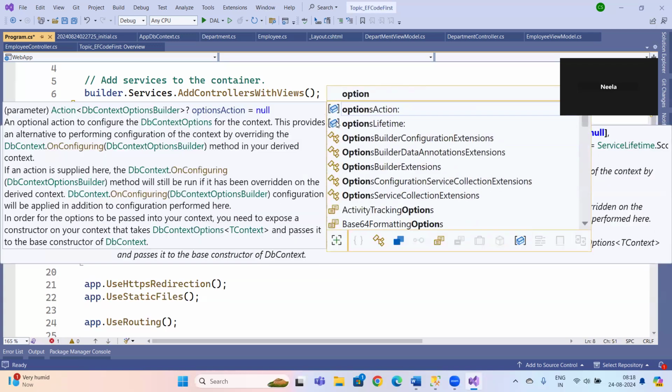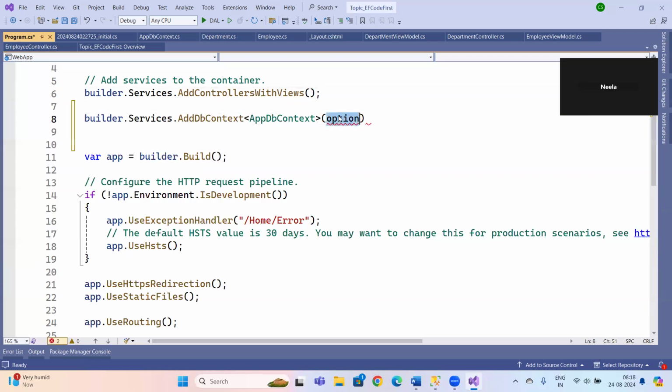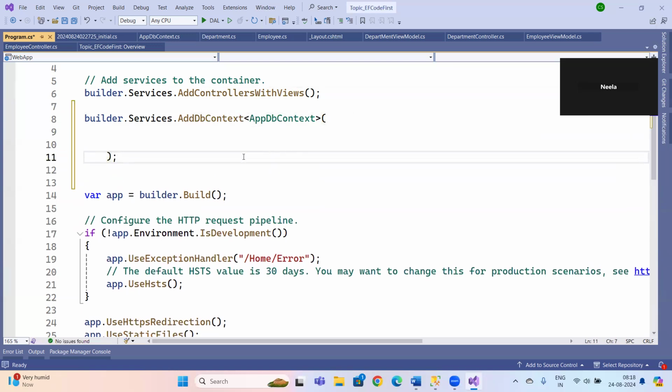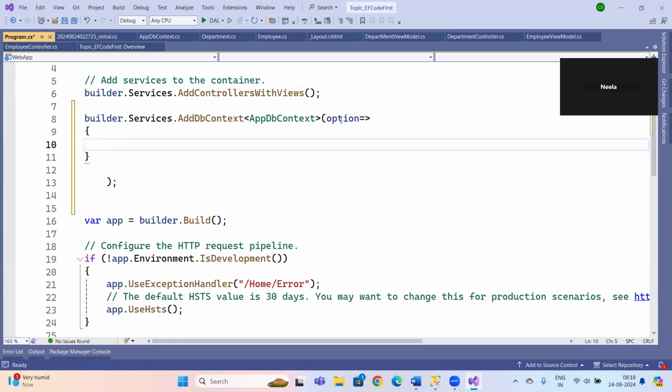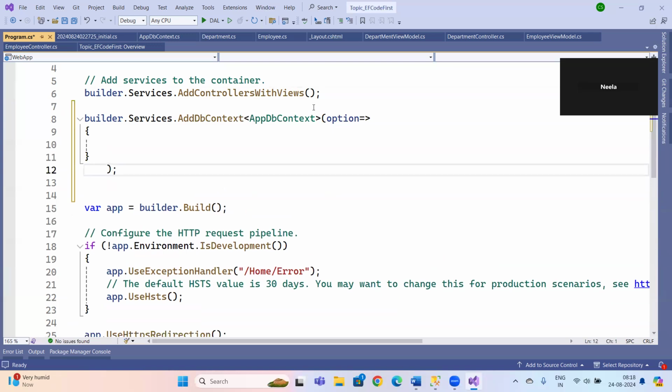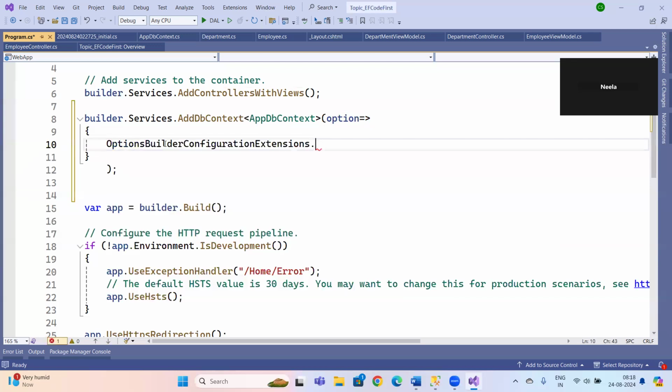Here it is equal to a lambda expression. This is a lambda expression, this syntax is a lambda expression. Options dot, options dot